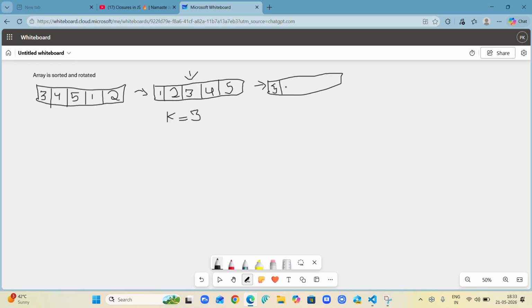So 5, then it is 1, then 2, then 3, and then 4. So the array is rotated the first time. Now the array is rotated a second time, again from the third position, K equals 3.